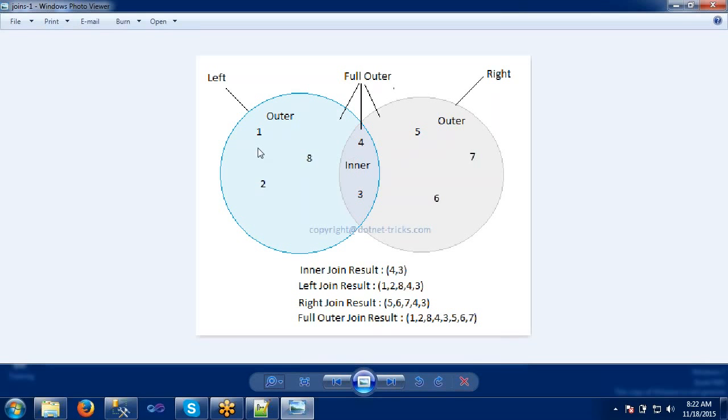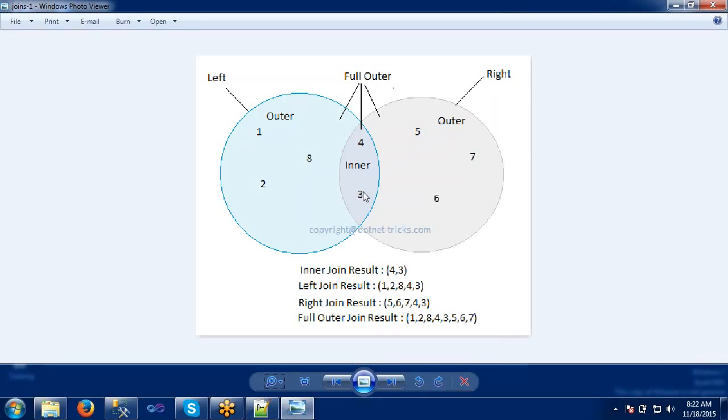The first table consists of 1, 2, 8, 4, 3, and the second table consists of 3, 4, 5, 6, 7. What are the common records here? 4 and 3. So when we apply the inner join on the two tables, the result is 4 and 3.